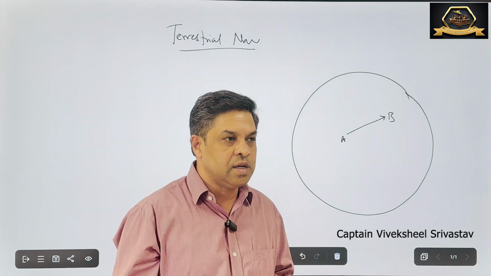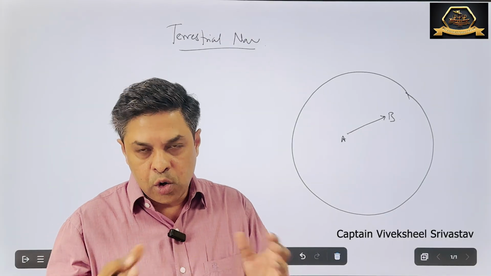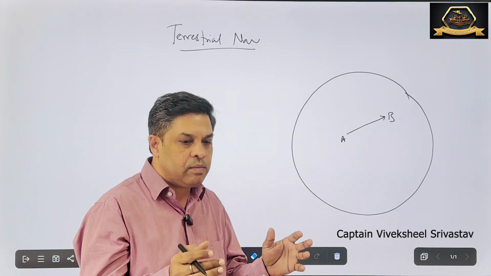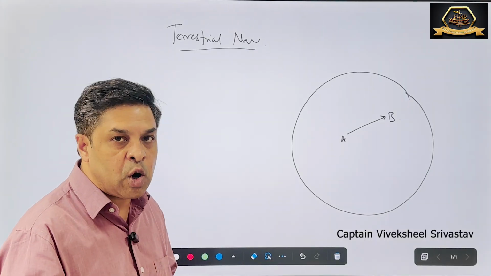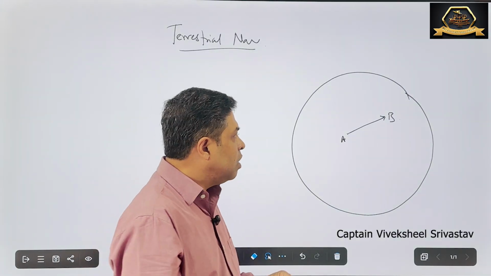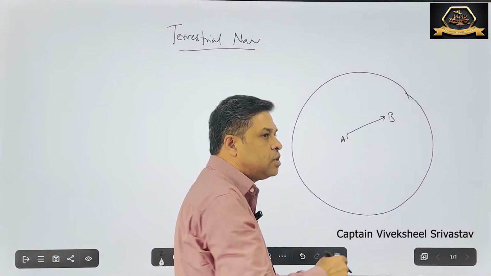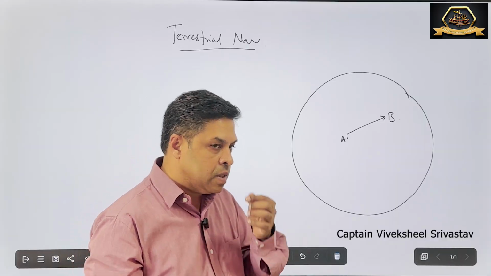Now, the closest approach will be to navigate on a globe. So you can take a piece of globe and plot your courses and distances from A to B and go about it. But just realize how difficult it will be, or practically impossible, to actually plot your courses and distances on the globe.